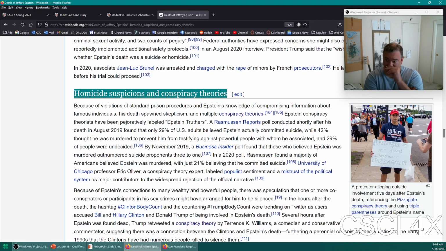Most Americans believe that he was murdered and didn't commit suicide. More people think that he was killed than not, and so it's a bit odd calling it a conspiracy theory. When you have a medical examiner ruling that it was homicide, it's not a conspiracy theory, in my opinion, to say that it was homicide. You know what I mean? You've got a medical expert saying, yeah, this guy was strangled to death. It's not a conspiracy theory at that point. It could be wrong, and I do actually think that it was wrong that he was murdered, but